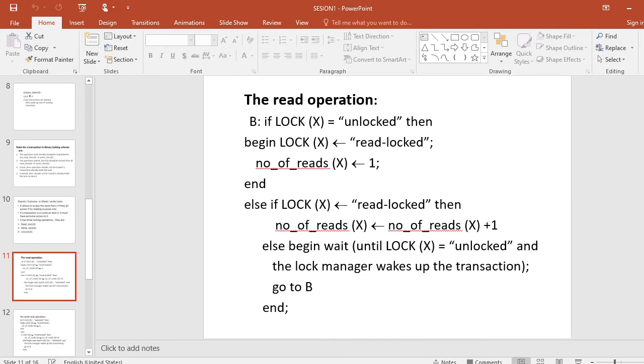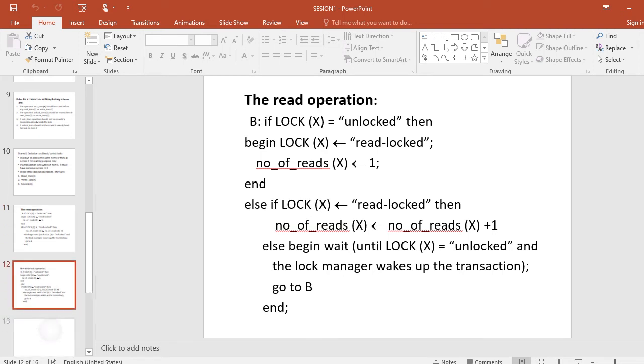Else, if lock of X equal to read locked, then number of reads of X equal to number of reads of X plus 1. Else, begin wait until lock of X is equal to unlocked and the lock manager wakes up the transaction. Go to B, end.